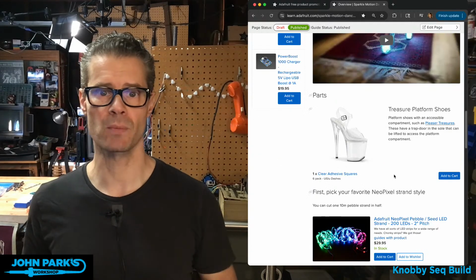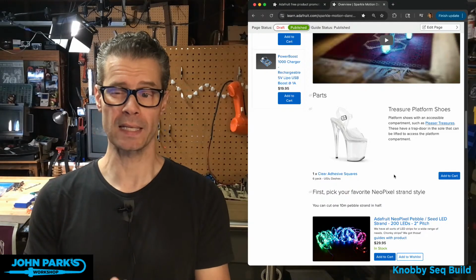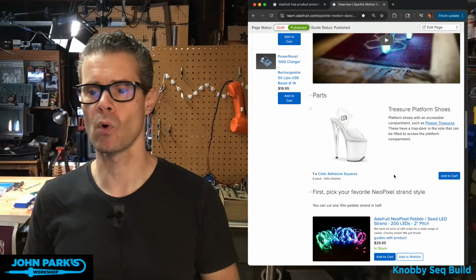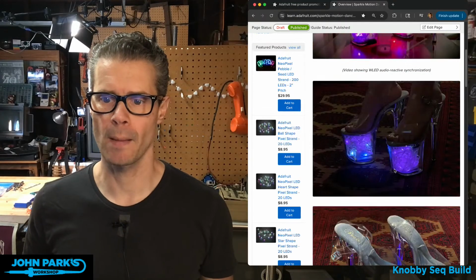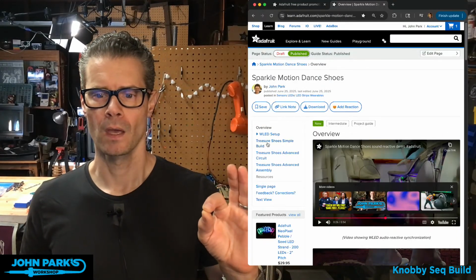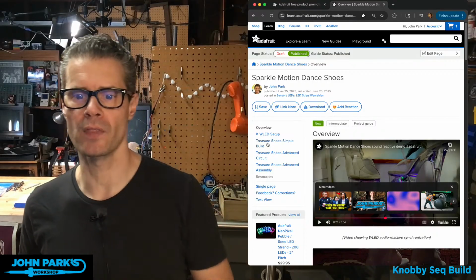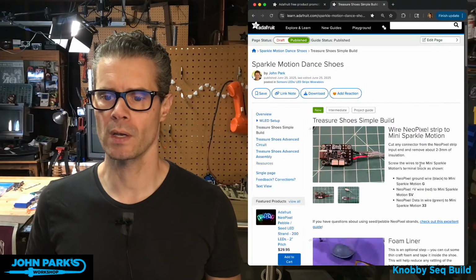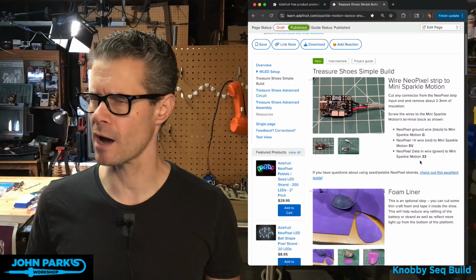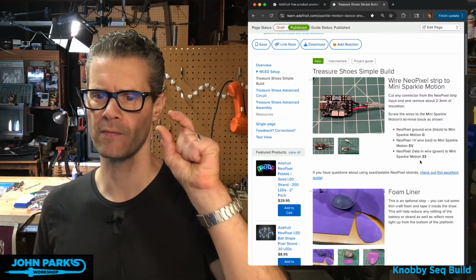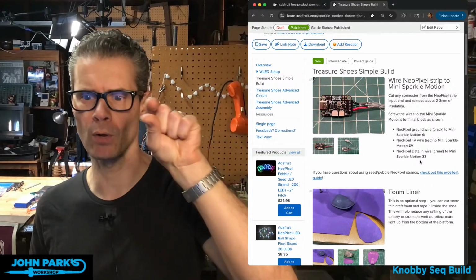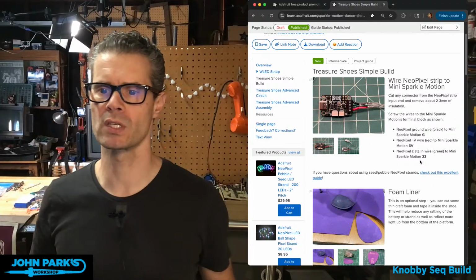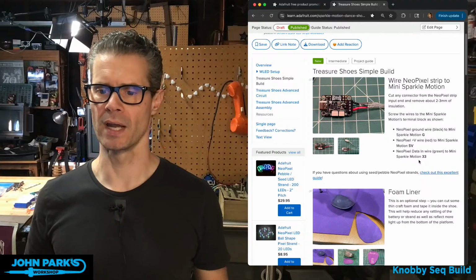You can, of course, also extend some of these ideas for other wearable WLED, NeoPixel types of projects. This has 2 synced boards. You can extend that to more, but I've got 2 synced boards. I've got a sort of easy mode and advanced mode on the build. So if you check out the simple build here, this one is, I believe, no solder. If you can get, I don't know if we've released these yet, the Sparkle Motion Mini with the terminal block header already soldered on it, then it's just cutting some wires, stripping them, screwing them into the screw terminals, plugging in a battery, and you're set.